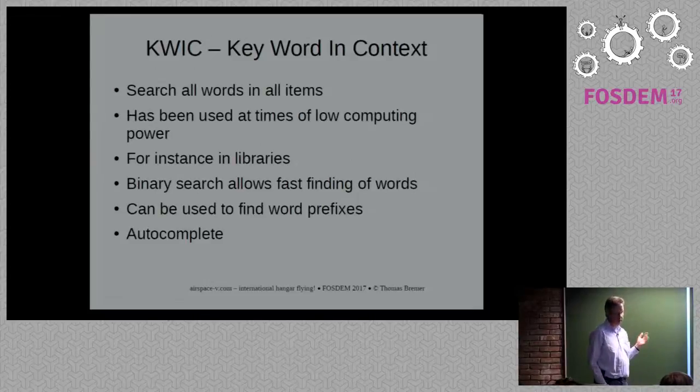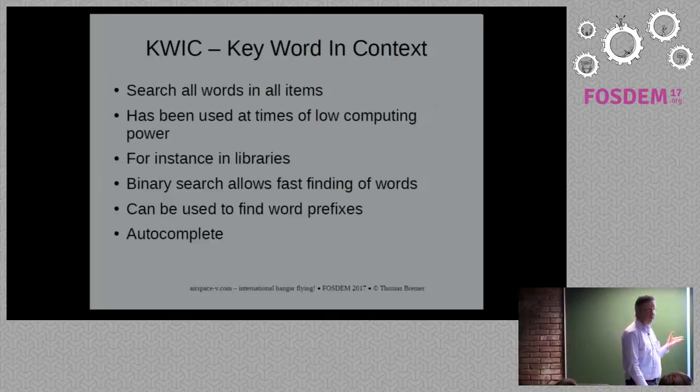Does anybody know the KWIC system? Nobody? I've also encountered it when I studied at the end of the 80s in the library, where the title of each book was listed alphabetically according to each word in the title. I can't really explain this without a reasonable example, and I couldn't find one so far showing how this looks. But it's impressive to see, and you can really quickly search through large lists by keyword using this